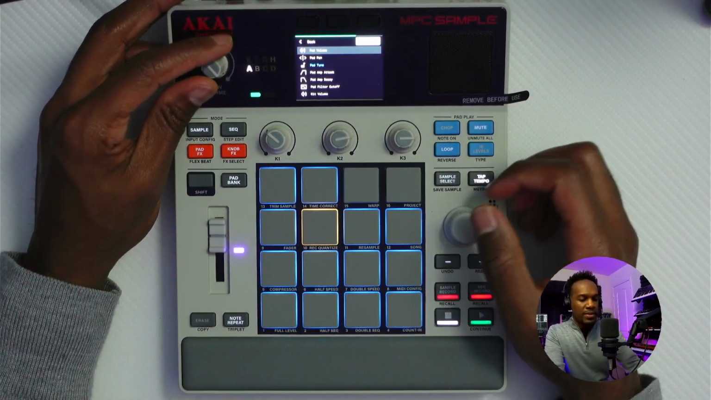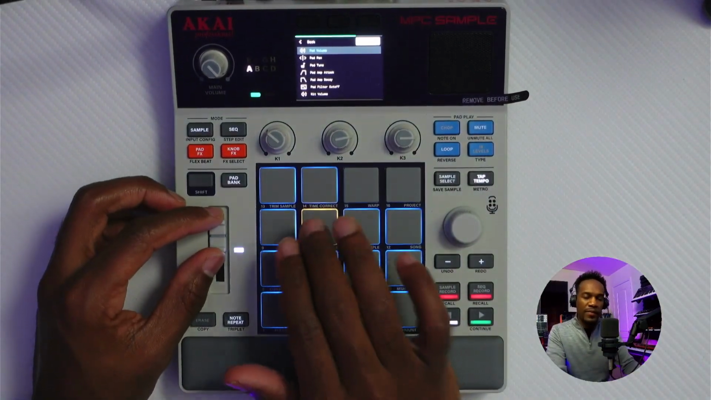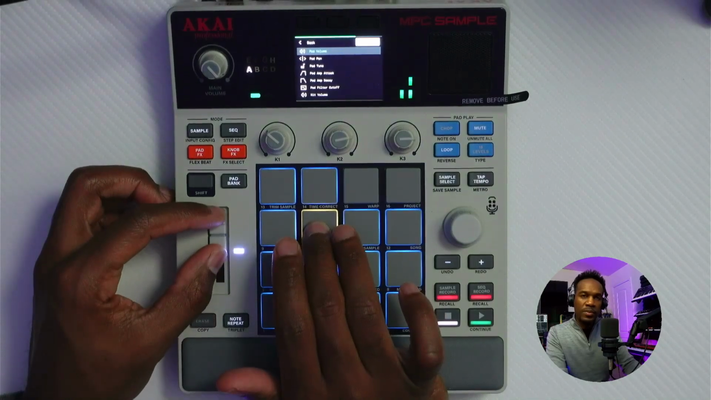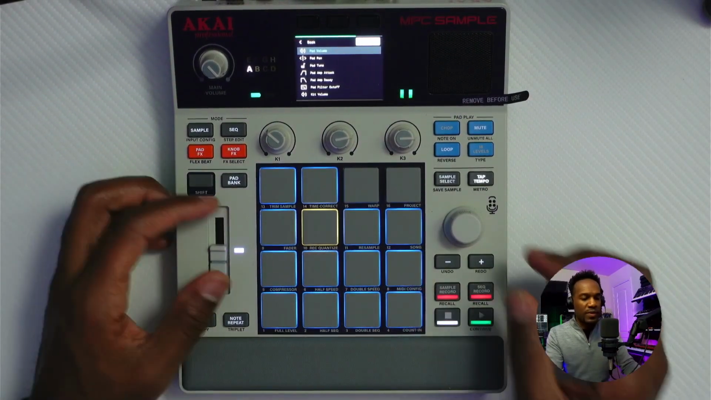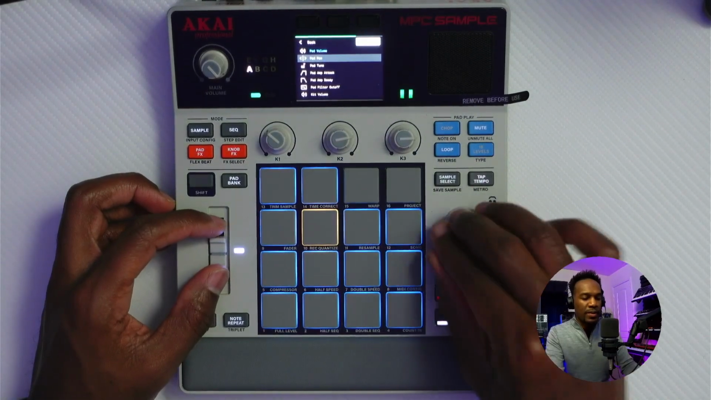Okay. All right. So the first of our options is the pad volume. Pretty obvious, right? You can control the volume of the individual pad. All right. Next,